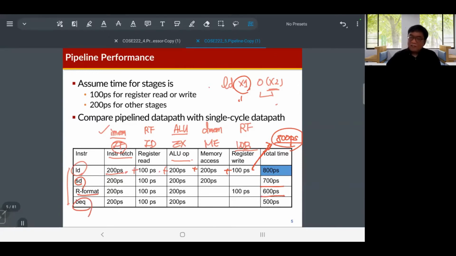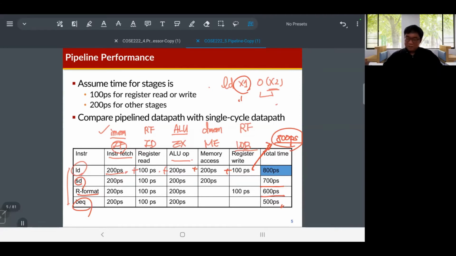How about the BEQ? So BEQ just changes the program counter. Okay, right. So which means that the BEQ does not need to access data memory. Also, the BEQ does not need to write back the data to the register. Okay. So the delay of the branch instruction is 500 picosecond,